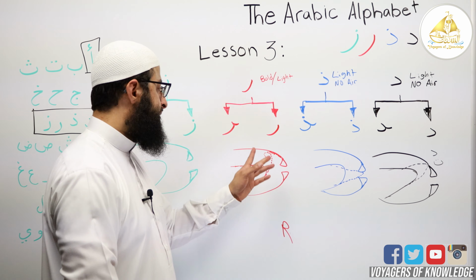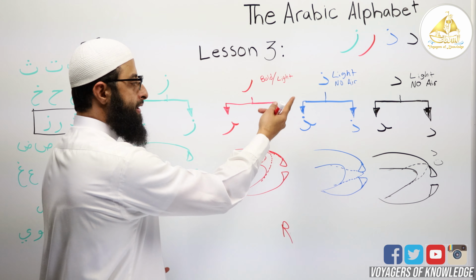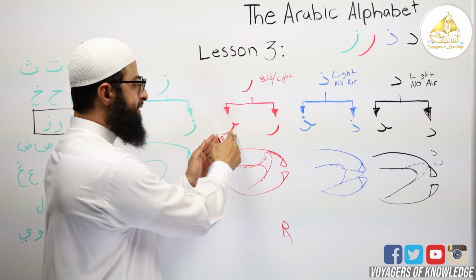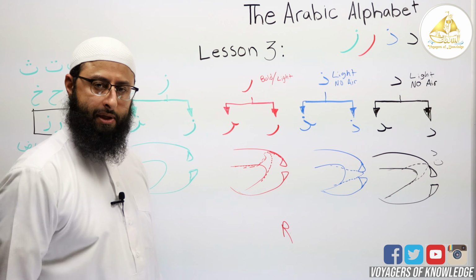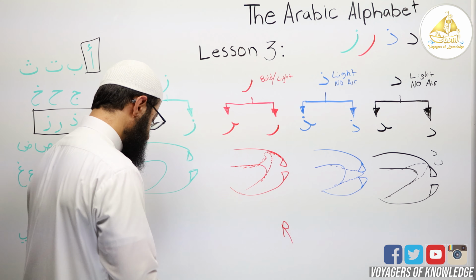How to recognize the Ra? Pretty simple. It's, again, at the beginning, nothing attached to it. At the end, it's connected from one side. If that's clear, we can move on to the final letter in our lesson, and that is